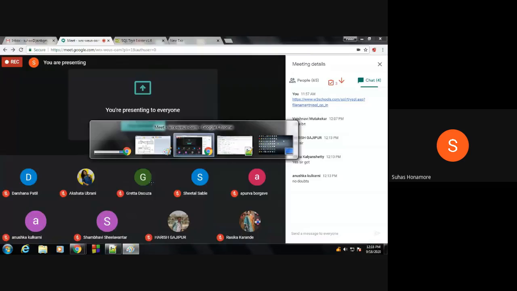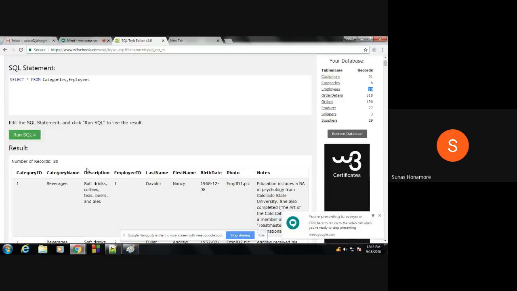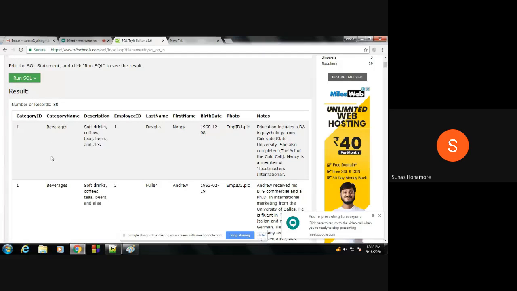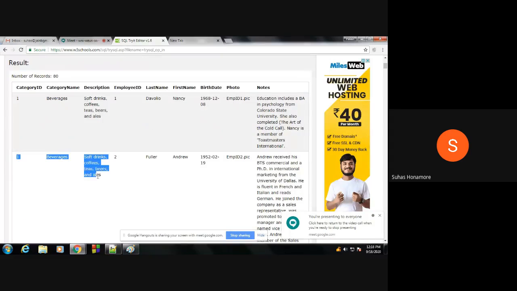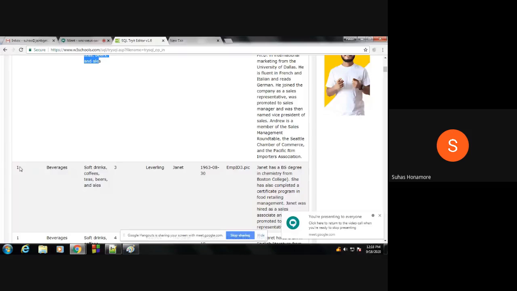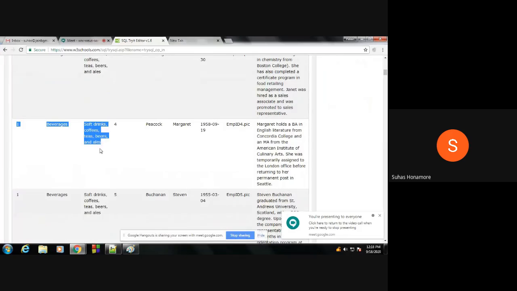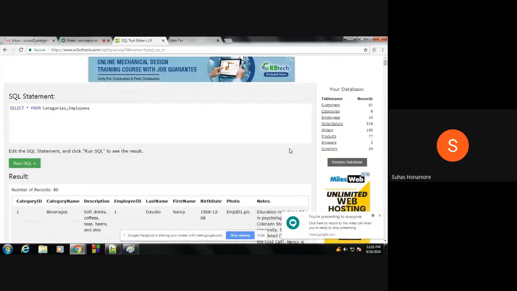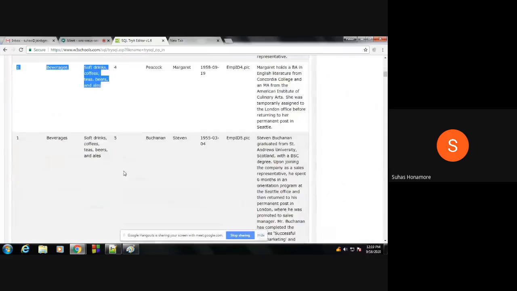So we'll see the result here, whatever we got. First we have category ID, category name, and description. If you see the first row, it's the same, and these values are also the same. In the categories table, whatever is there stays the same. How many times will the same thing come? That depends on the second table: however many rows are there, that many times. That is 10 times, so it will all come.